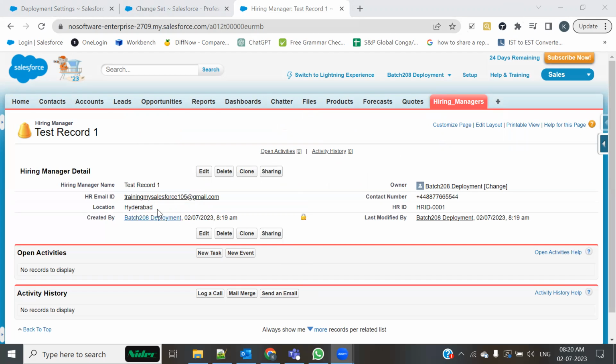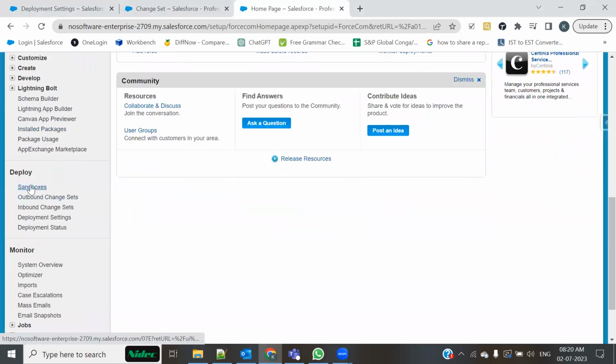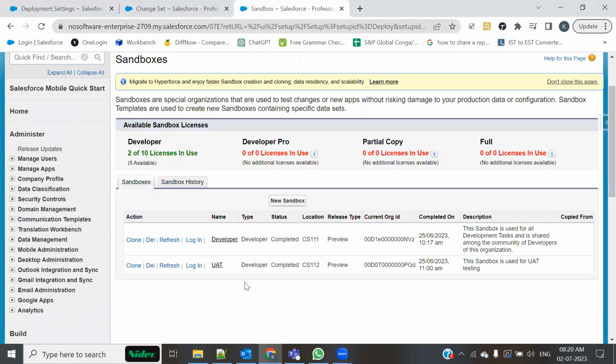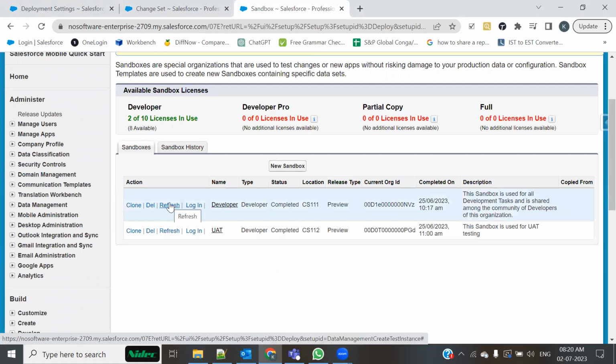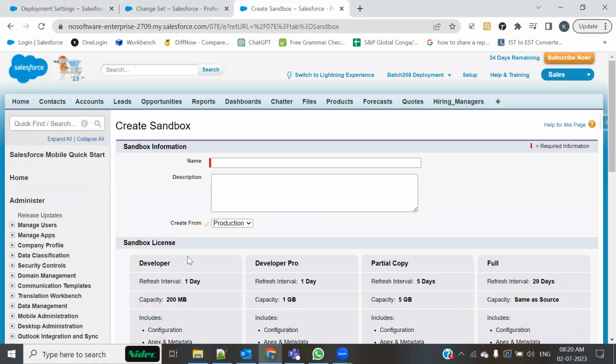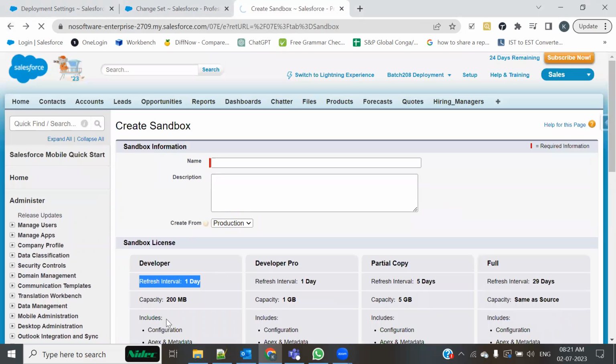See, usually what happens is there's something called sandbox refreshing. I'll show you. If I go with this sandbox, this would show me the list of all sandboxes. All right. So what happens is, if you would refresh a sandbox, we have developer sandbox, and refresh interval is 1 day. Oh, that's good. So if you would refresh a sandbox,